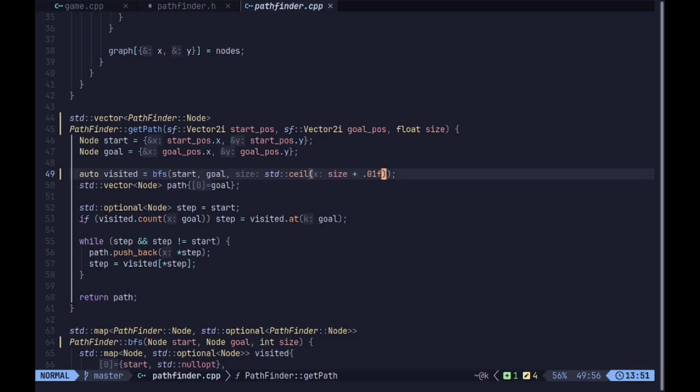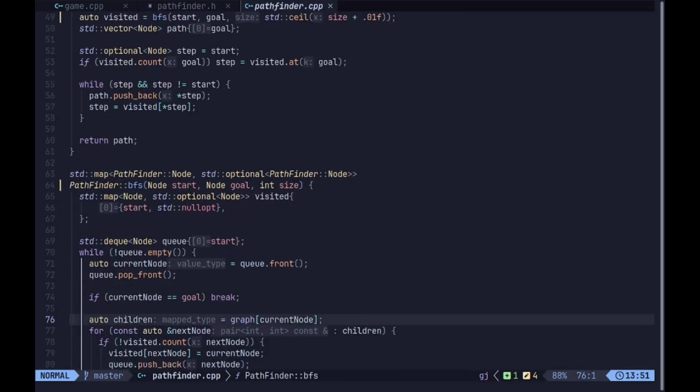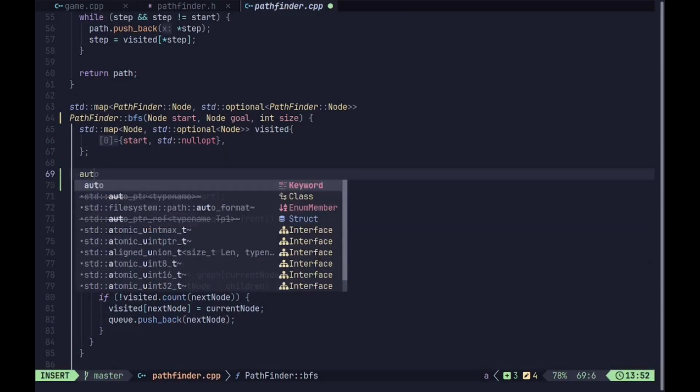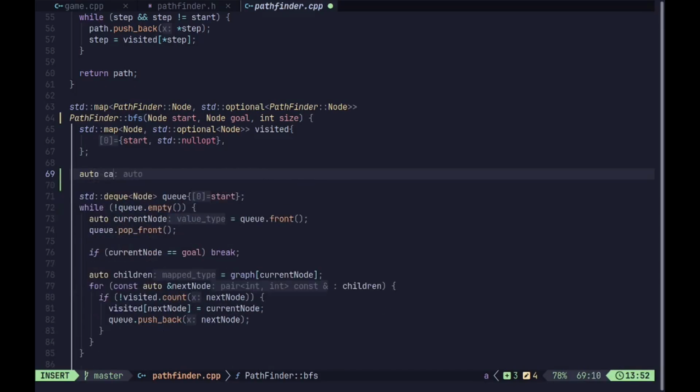And basically this means that, for example, if an enemy has a size of 1.5, the grid size will be 2, because that enemy cannot stand in one cell, so it needs at least 2 cells to stand. So the way we will do this is when we are doing our BFS, we are going to make a lambda here, which is canStand. We can just call it canStand to find out if our enemy can stand in a particular node, and this lambda will basically have